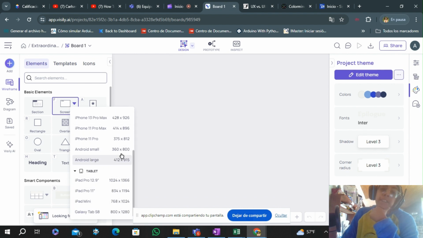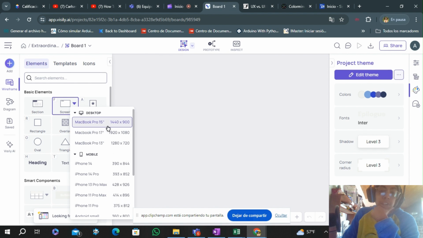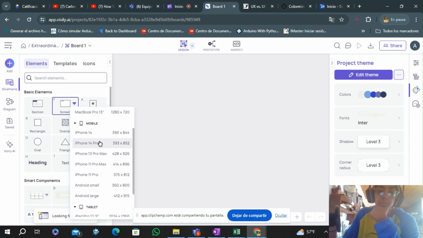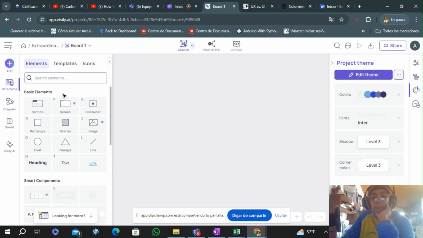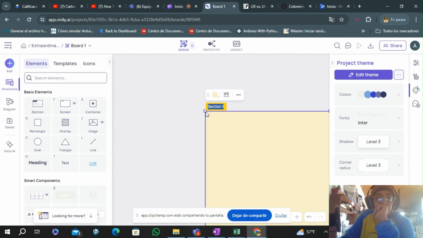As I told you, the responsive design depends on your design. If you want to develop, for example, for a desktop in websites or in the app, you can try it with mobile or tablet, right? So in my case,